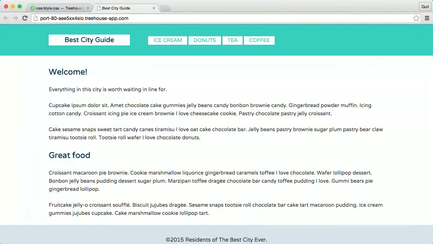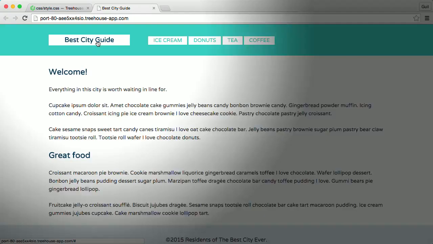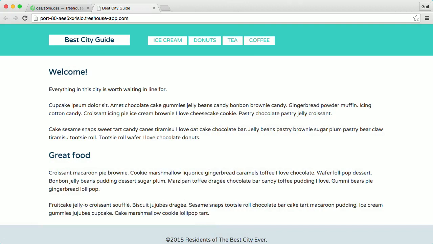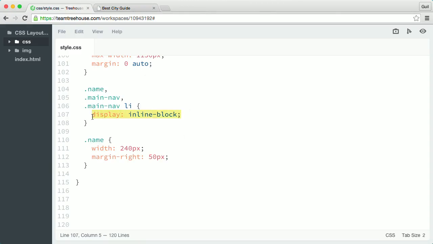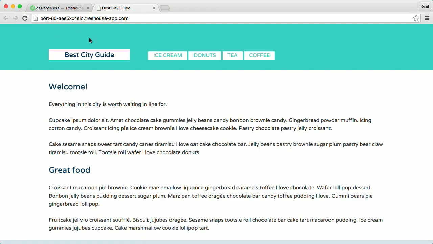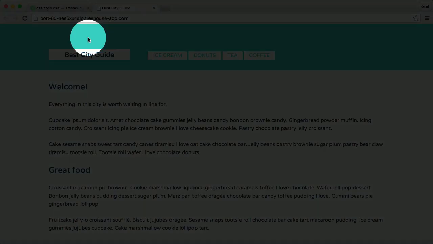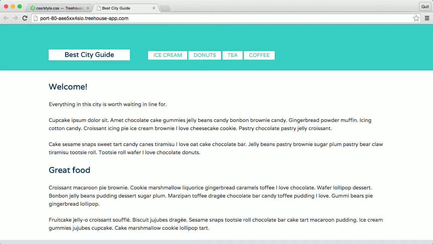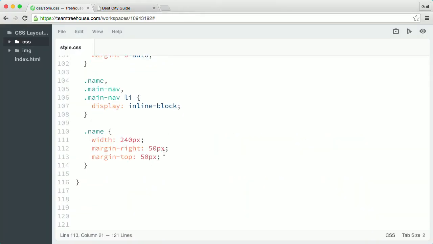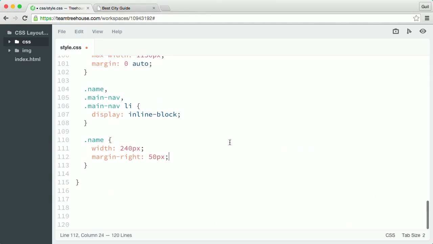In the previous video, when the name element's display was set to inline, I couldn't apply top and bottom margins. But now that the display is set to inline block, it will accept any top and bottom margin values. So in the name rule, if I add a margin top property and set the value to 50 pixels, we can see that it now applies that 50 pixel top margin to the name element. Now, I don't want this large gap in my header, so I'll go ahead and remove the margin top declaration